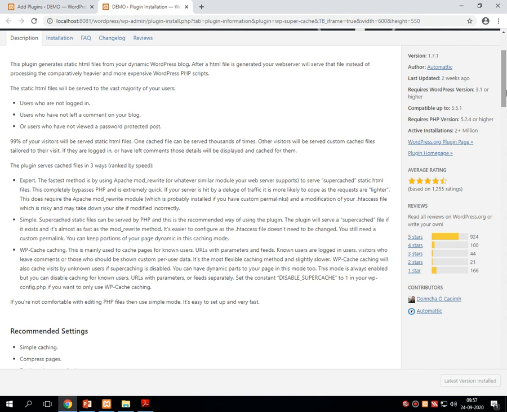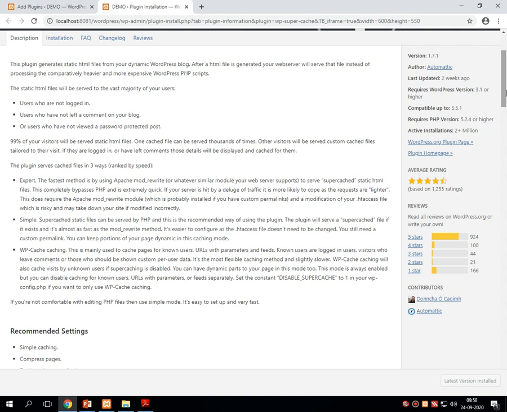Let me simplify it. This particular plugin works in the backend of WordPress. You will not see anything happening on the front side. Let me make it clear first. Again, I am repeating my words. This particular plugin is a type of plugin which works in the backend of WordPress. It is actually used to make your website much faster than others. What does it do for that?